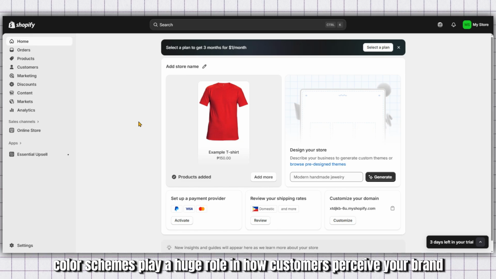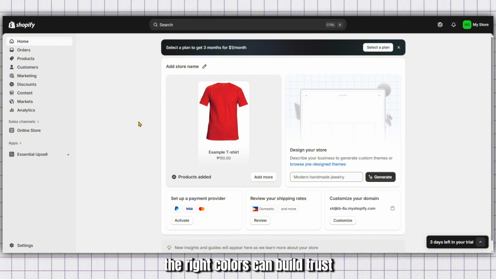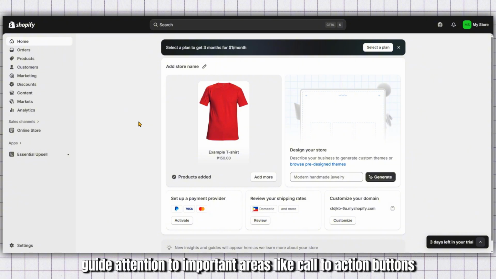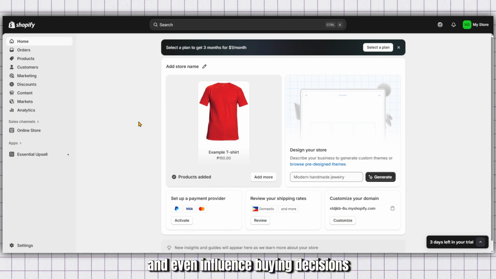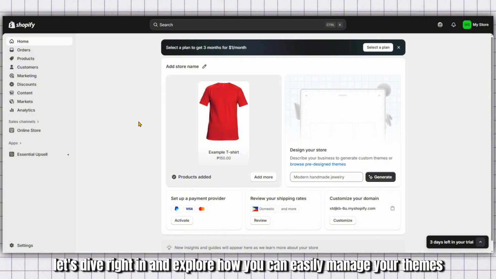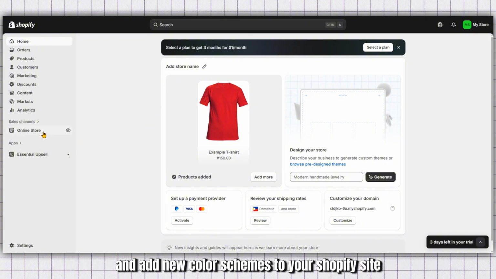Color schemes play a huge role in how customers perceive your brand. The right colors can build trust, guide attention to important areas like call to action buttons, and even influence buying decisions. So, let's dive right in and explore how you can easily manage your themes and add new color schemes